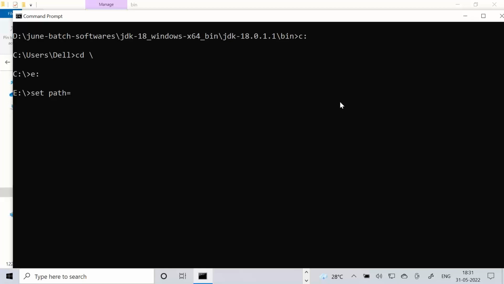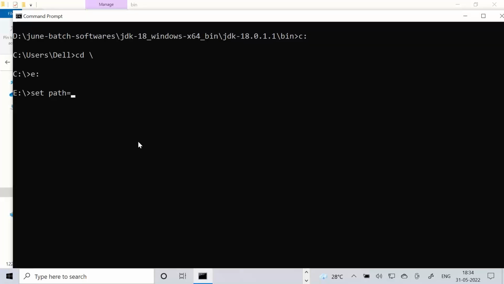Anywhere, even from C drive. You opened the command prompt, right? Set space path is equal to.